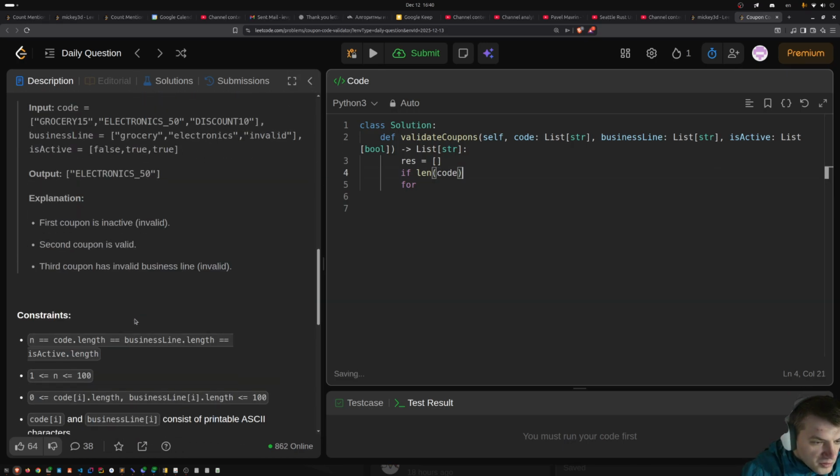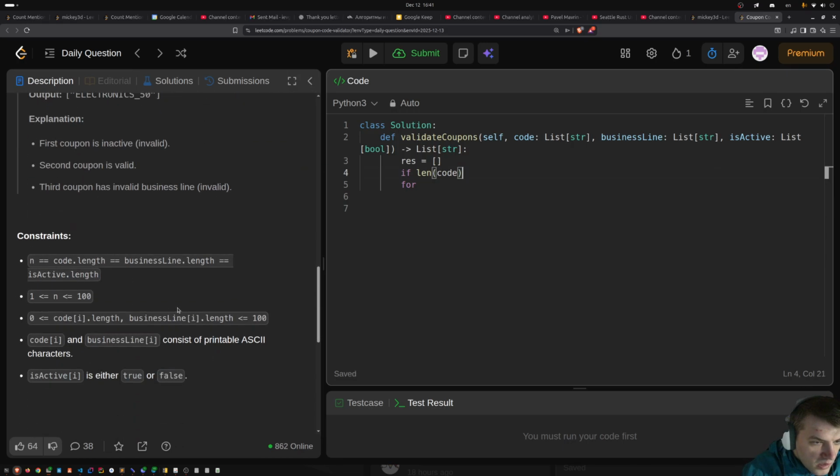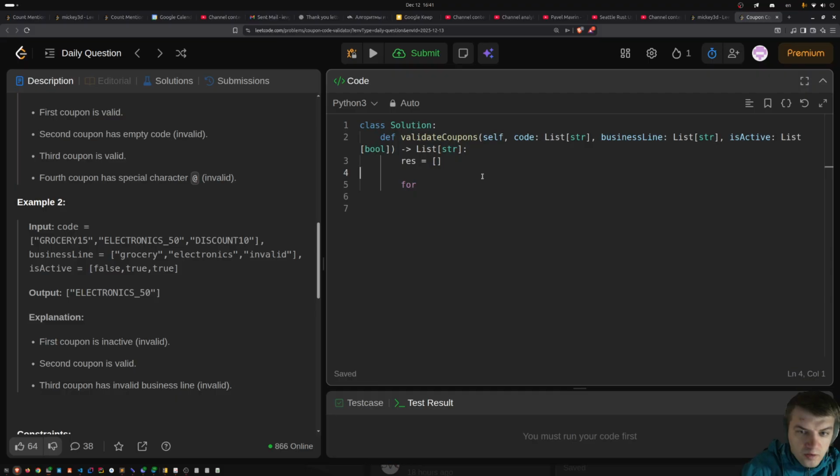Do they have a condition for the length? Yeah, it should be the same. So let's say n is equal to len of the code, and then for i in range